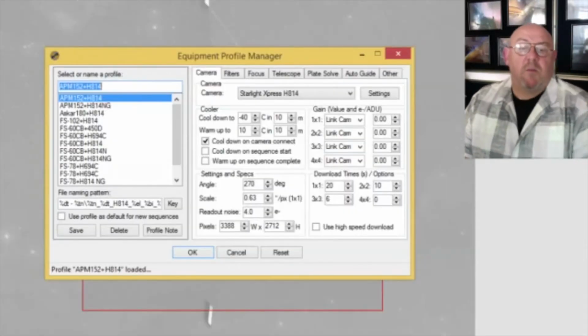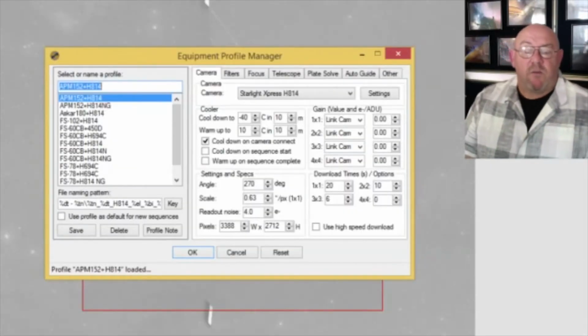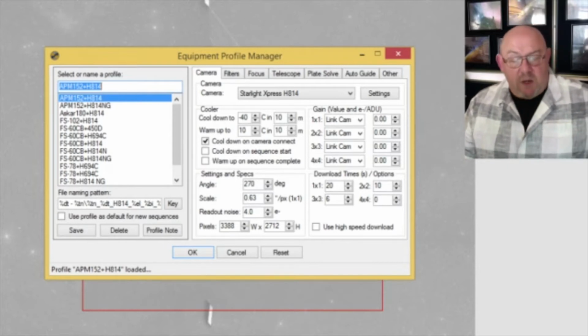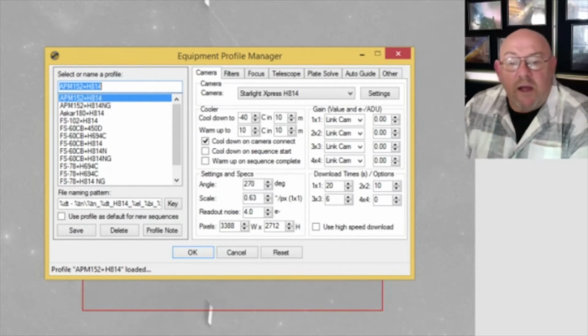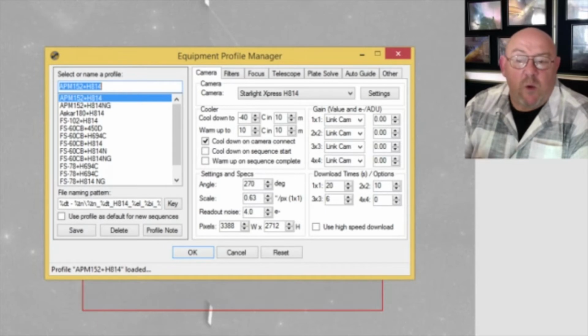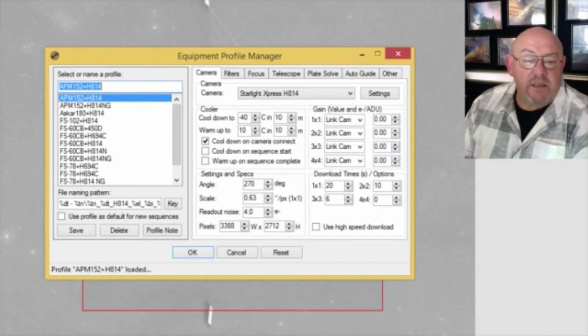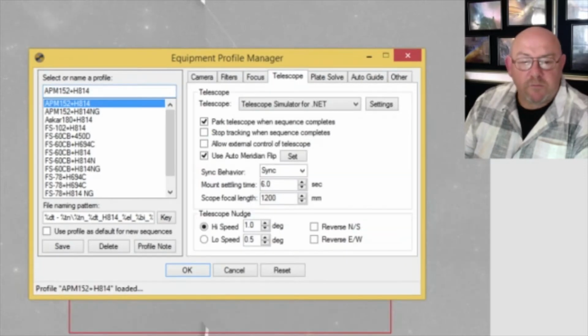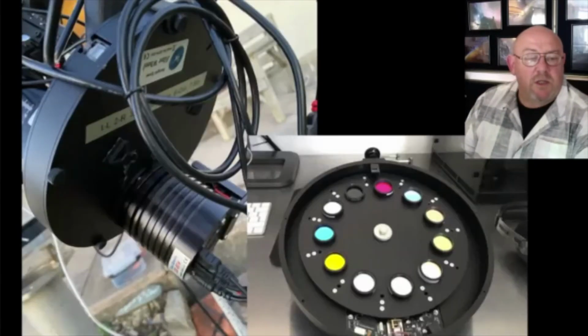The first and most complicated part of any piece of software is setting it up in the first place. I won't go through all of it, but basically you have to find out the information of every single part of your equipment and enter the details of that equipment into the software. When the main bits are done, like the telescope, camera and mount, you have to enter details of other things that you may have included, like filters or filter wheels themselves. There's a couple of screens of the setup for Sequence Generator.